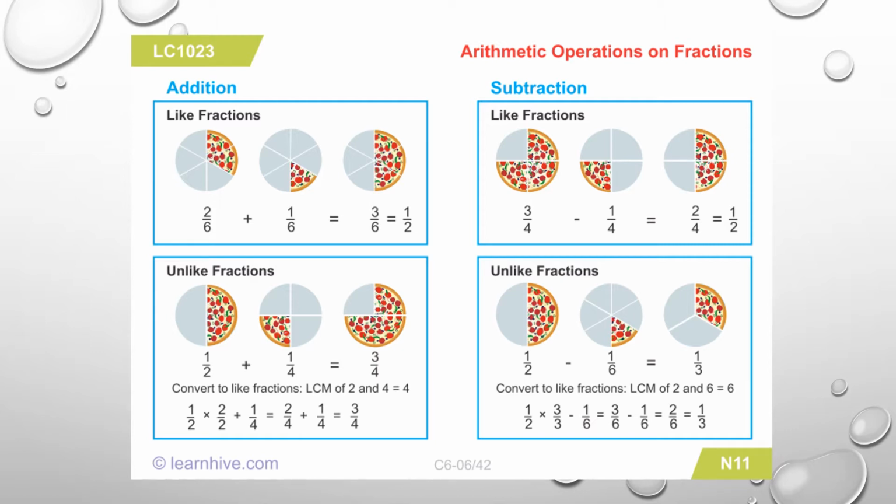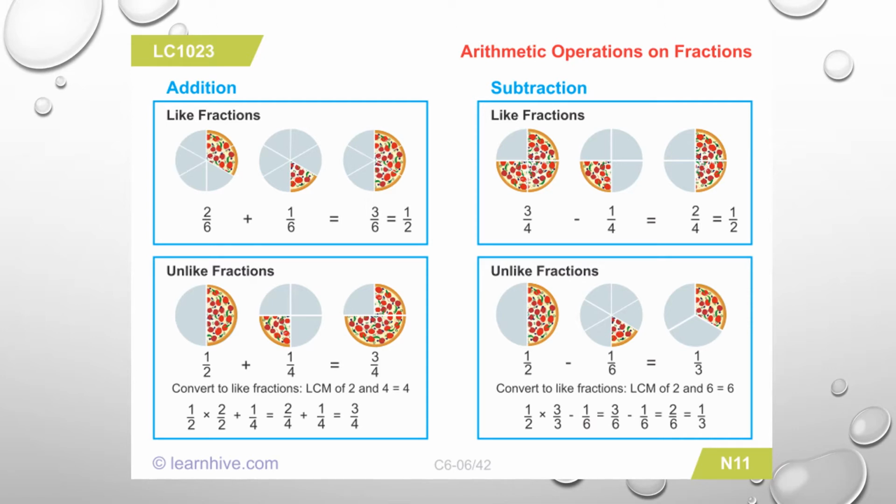When we are adding unlike fractions, 1 upon 2 plus 1 upon 4, we have to convert it into like fractions. LCM of 2 and 4 is 4. So the first fraction 1 upon 2 will be multiplied by 2 upon 2, so that we can get 2 ones are 2 upon 2 twos are 4, 2 upon 4. In that we are going to add plus 1 upon 4, so that we can get the denominator equal, that is 4. So 2 upon 4 plus 1 upon 4, we will get 3 upon 4.